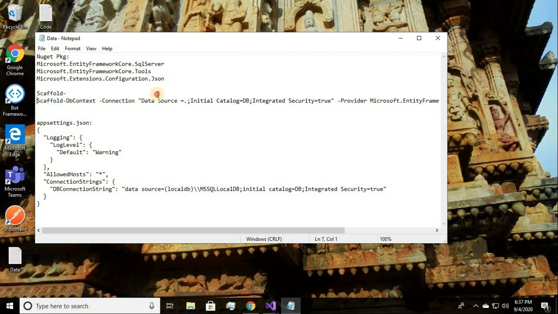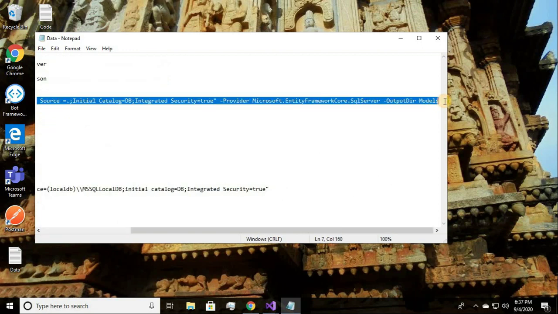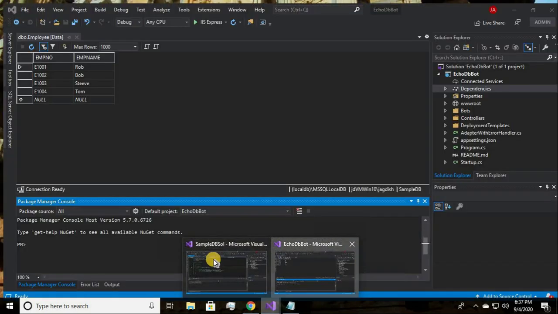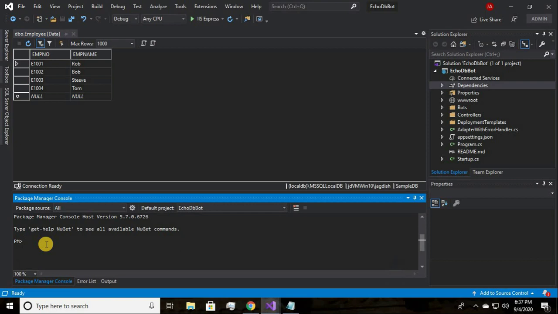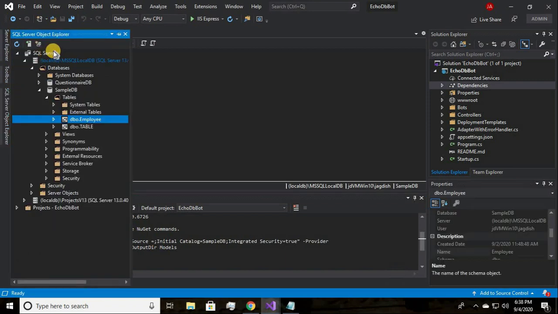This is my scaffolding command. Let me change the DB name, that is SampleDB. The name of our DB is SampleDB, and the name of our local DB server is